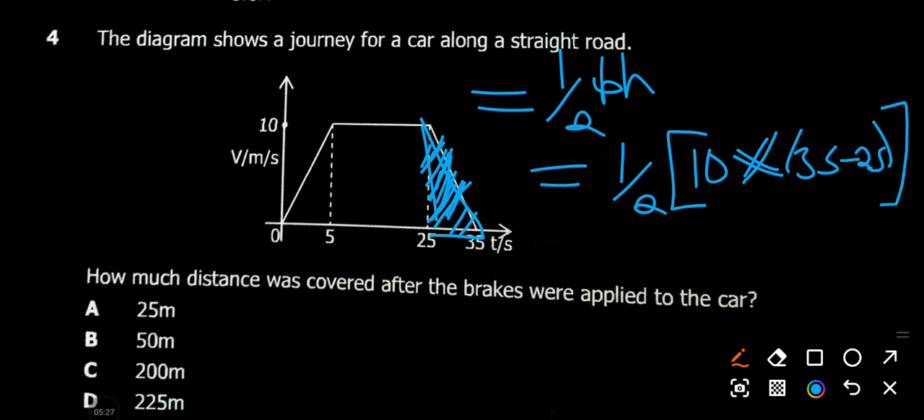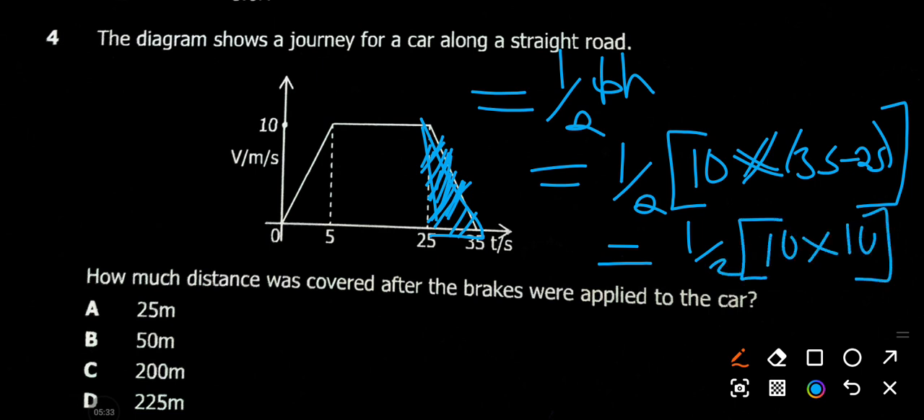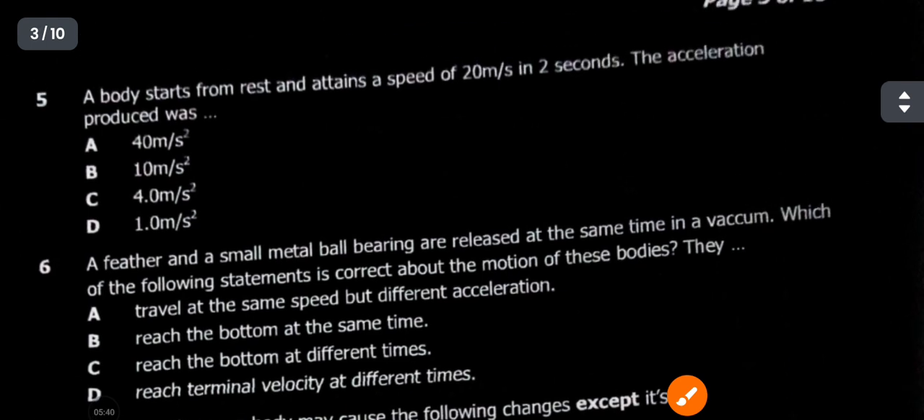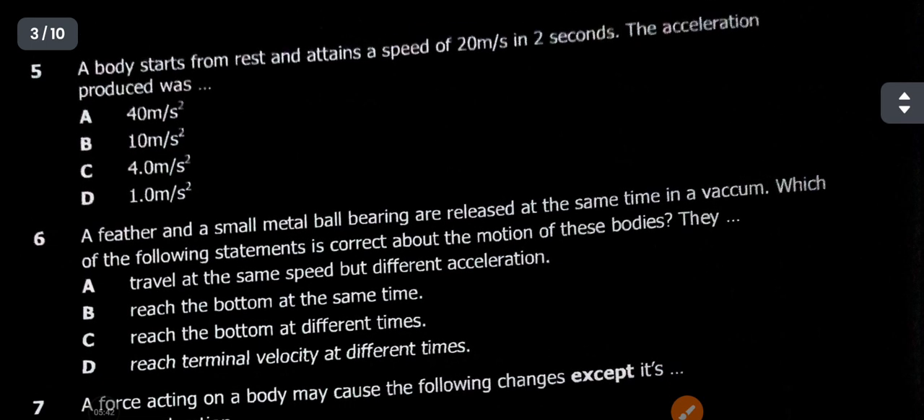Okay, right, so I'll have half there, 10 times 10, and a value of 50 meters, which is corresponding to option B. Question 5. A body starts from rest and attains a speed of 20 meters per second in 2